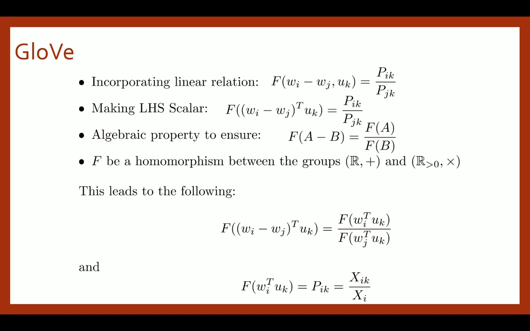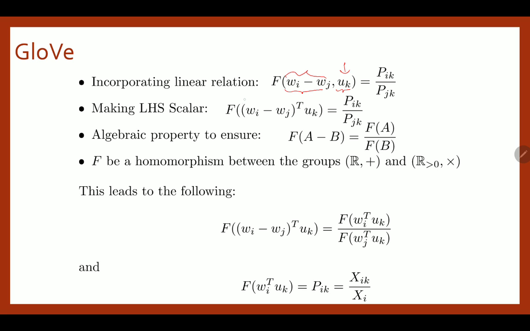So now let's again look step by step. One of the easy ways to describe linear relations is to take simple operations over them. So Wi minus Wj and the Uk. This is the context, and this is my target word vectors. Then of course these vectors can be made scalar with multiple kinds of operations. I mean, there's a plethora of options available,